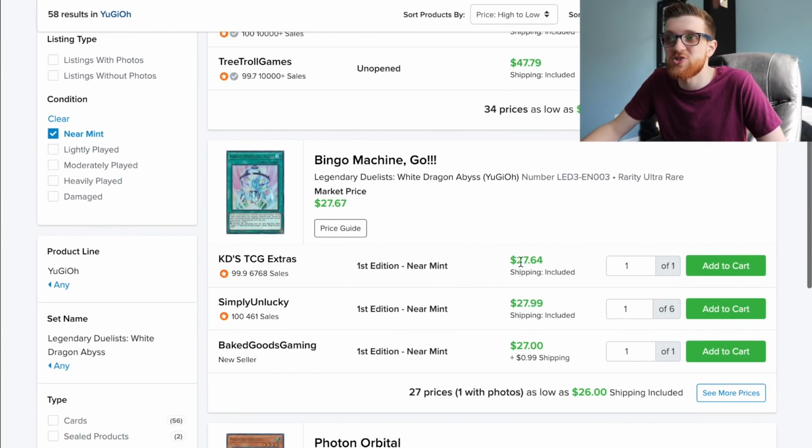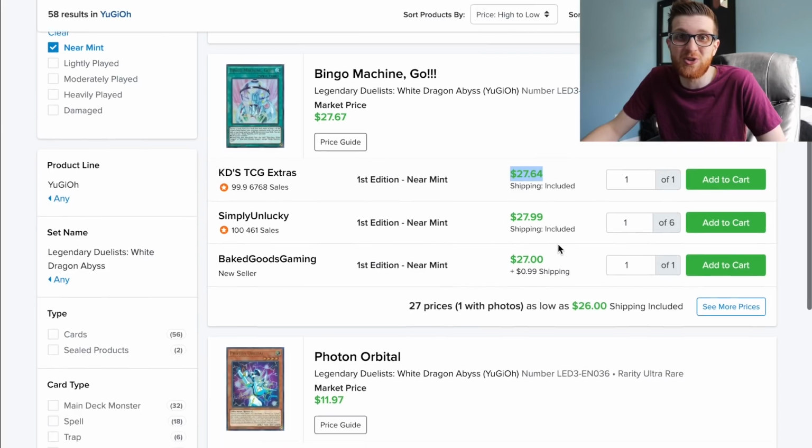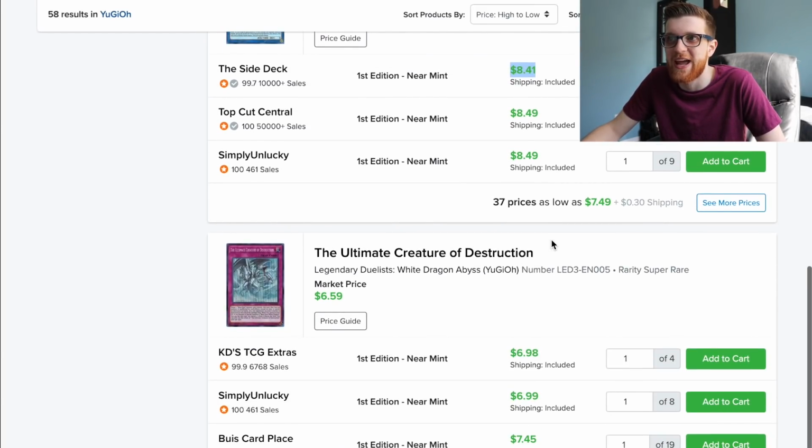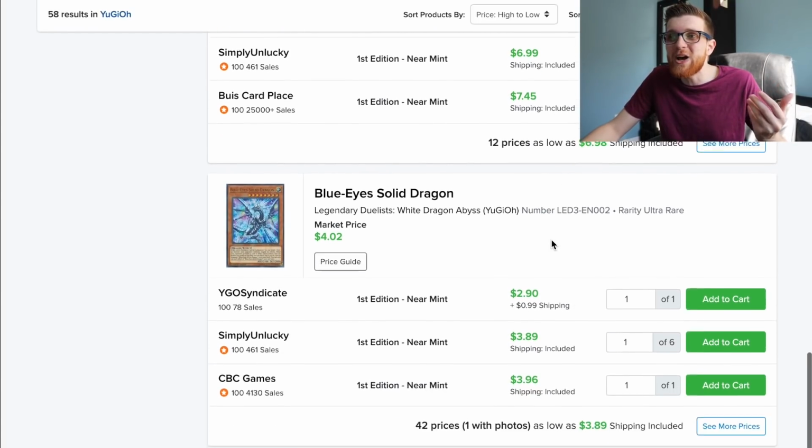I mean, Bingo Machine Go is still sitting at $28. This is basically the chase card of the set. Granted, it's a really good card, and it's kind of something that you could incorporate into a Blue Eyes deck if you really wanted to. It's another Searcher. You know, that's really the only good card in here. Yeah, Photon Orbital's in here at 11, Blue Eyes Chaos Dragon's in here at 8.50, but like everything else in here, look at this,